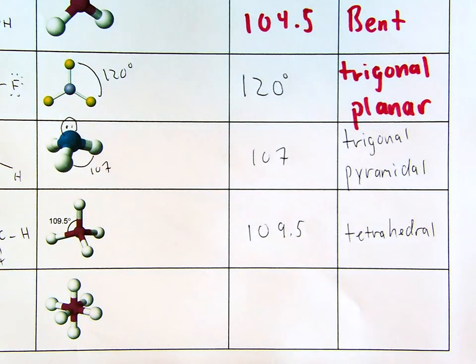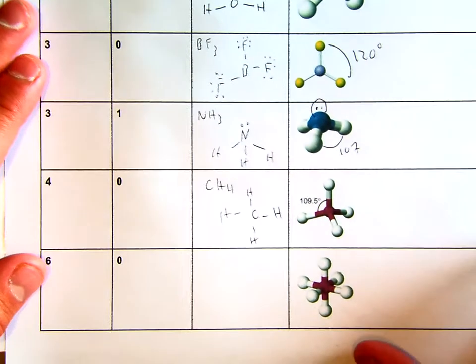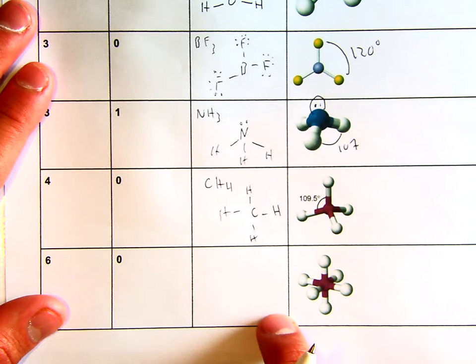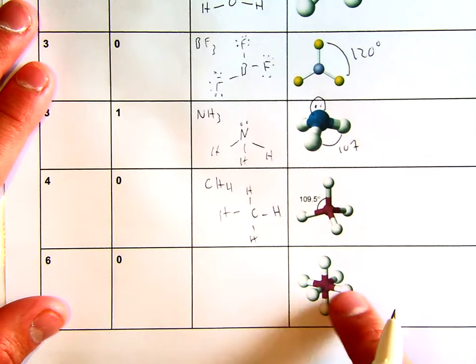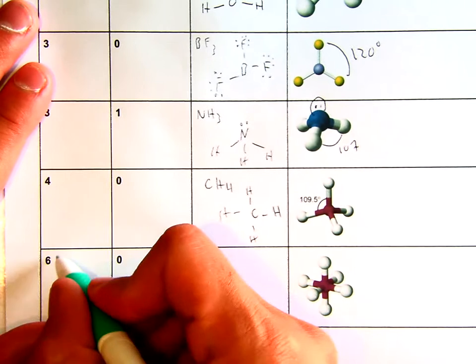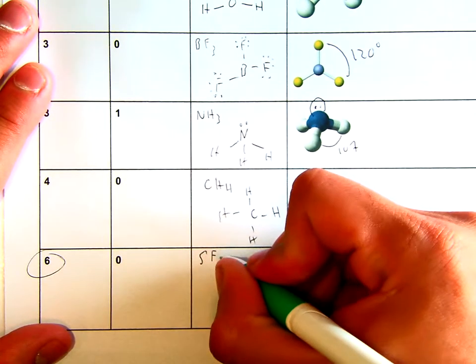Then last of all, there are also a few more shapes that we're not going to go over. I'm just going over the main ones with you guys for this course. This example here actually also doesn't follow the octet rule. So this one doesn't follow it, and this one doesn't follow it. In this example, we have 6 bond regions and 0 lone pairs. An example of that would be SF6,